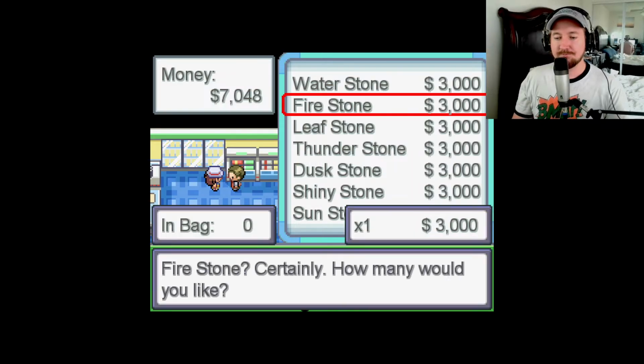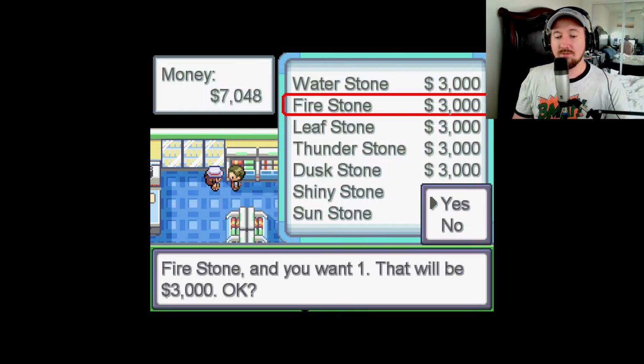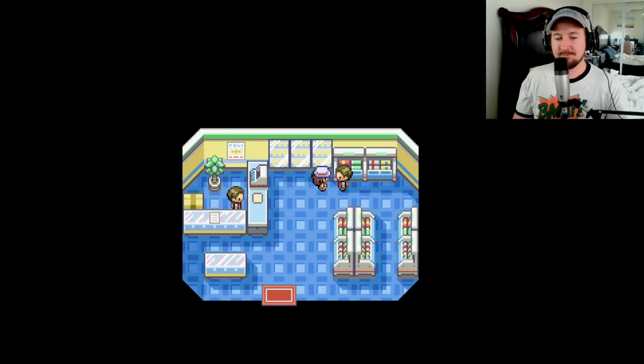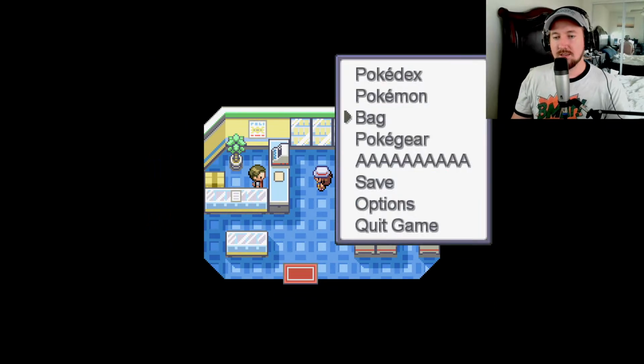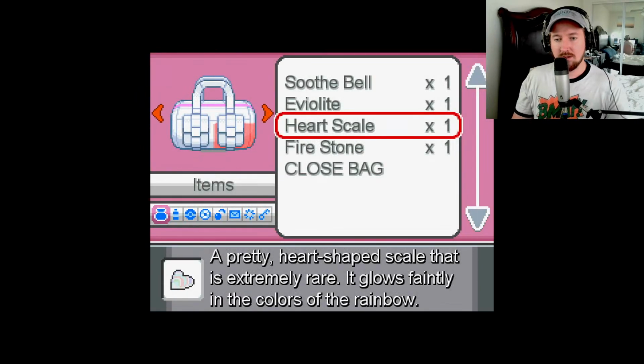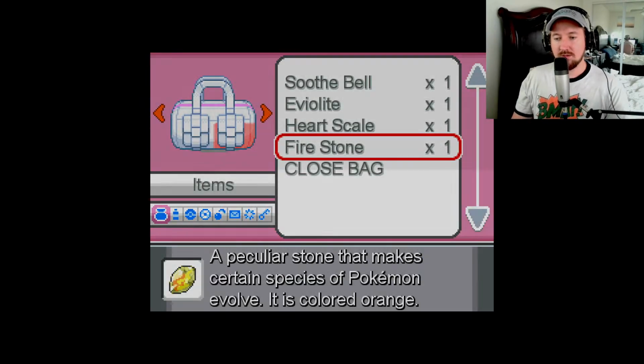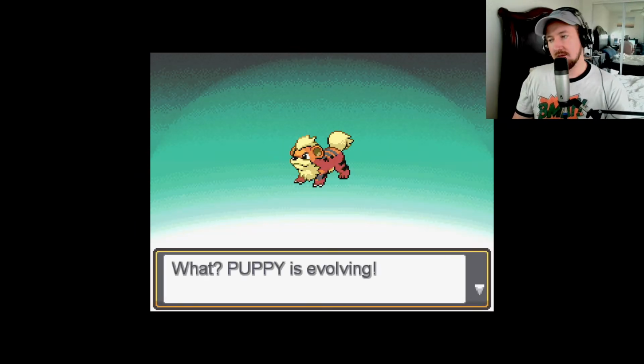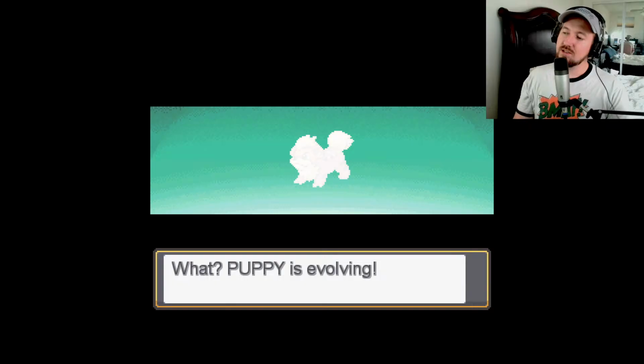It's for the chat. We're evolving him for the chat, so we can have some action in here. Okay, let's check the inventory real quick. Heart scale, Firestone. Well, let's use that. Boom. Puppy evolved into dog.